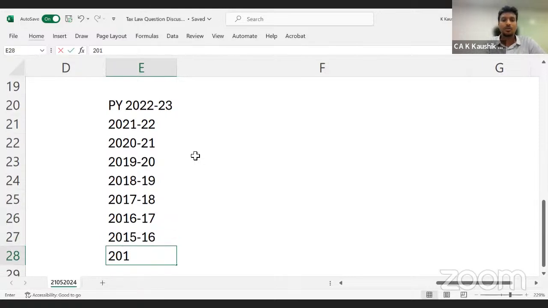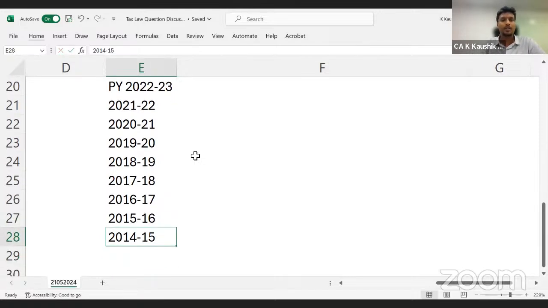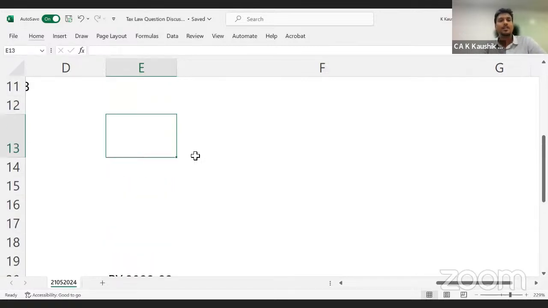2015, 16, and 2015. So let's keep this here. We'll stop here. Though there are only 8 years, we will get the answer in this. How am I telling this? Since